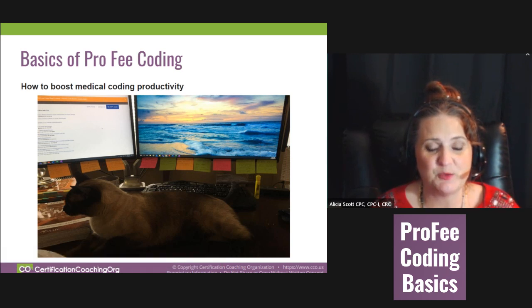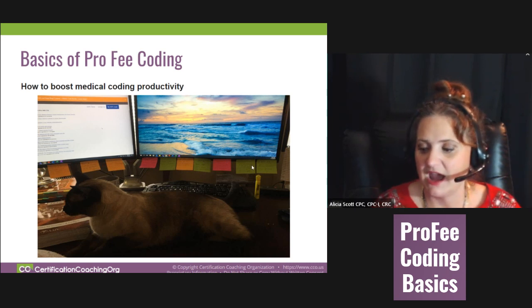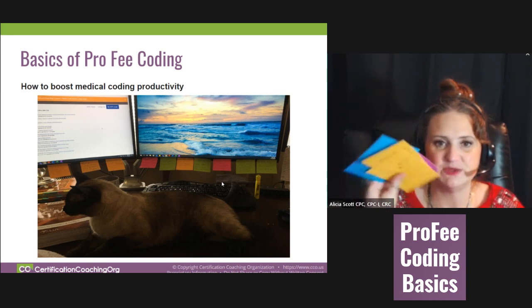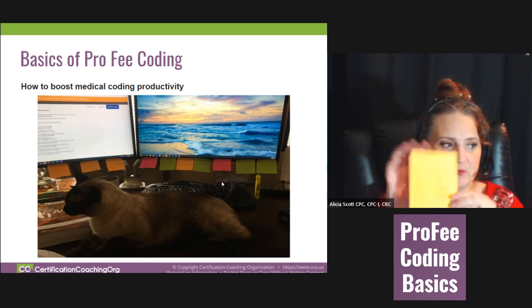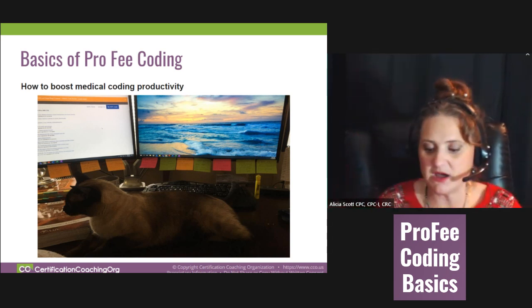So I wanted to show you this picture. This is a CCO person. It is not me. This person is much more organized. She sent me this today, and notice her little sticky notes and all the notes that she's got written there, so she could just glance at them and have her reminder. Whereas I like to use bigger cards, and then I will take them and put them on my wall above my monitor.